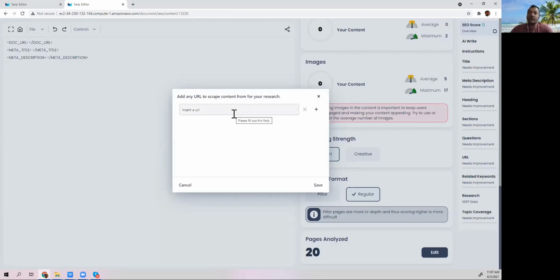So Outranking is not only an SEO or content writing tool, it's one of the very good ones, a research tool as well, that lets you research content and come up with ideas and insert them into your content, rewrite them, etc. So if you have certain URLs or PDFs that you think have really good content that you could use to create your content, you can insert those URLs and it will collect the information from those URLs and bring it into the editor. So when you're creating the content, it sort of guides you with that data as well.